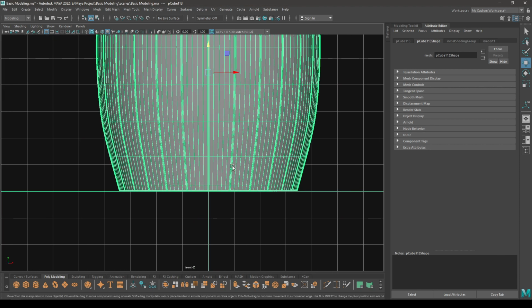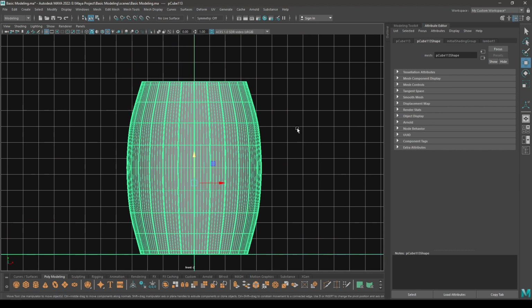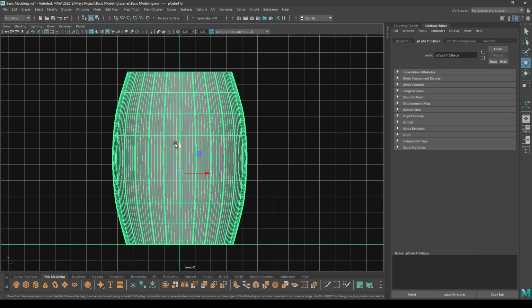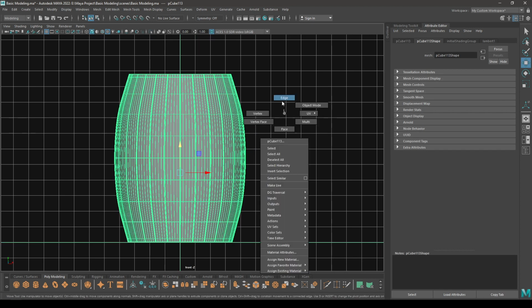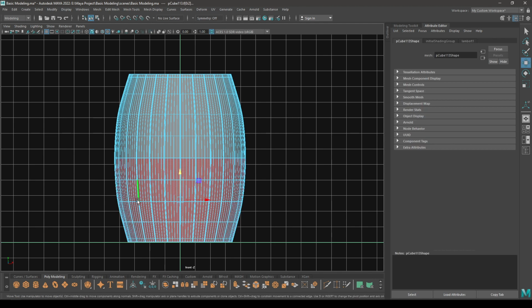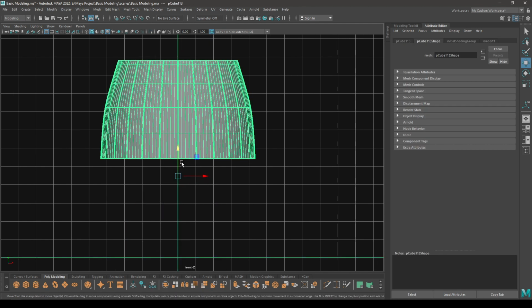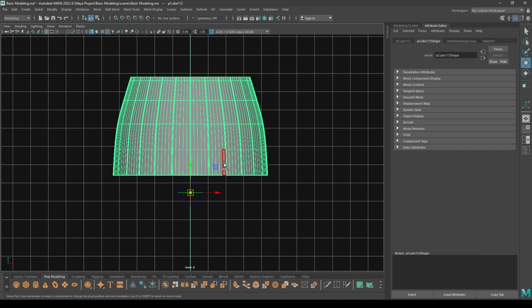And there's one more thing you can do: if you want to exactly match the upper half of your barrel to the lower half, go to face mode and select half of this barrel and delete it. Then change the pivot, press D and V to snap it to points and point it here.